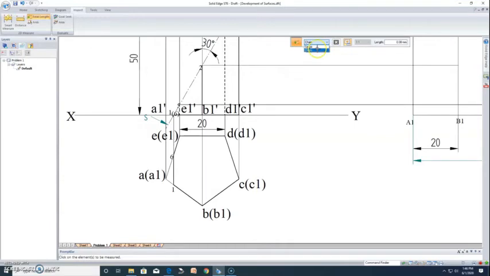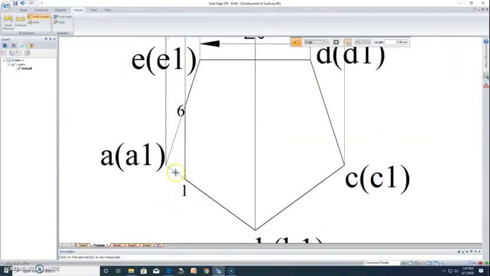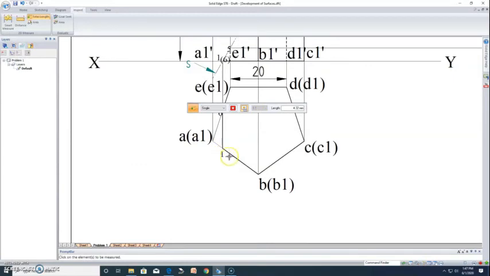You can either toggle between single and chain. Right now I want only single. And between A1 and 1, the length you can see is 4.32 mm. Similarly, the length between A1 and 6 is 11.30 mm. You can see here it is 11.30 and this is 4.32. So this I have to now represent on the developed portion, and you know that 1 is between A1 and B1 and 6 is between A1 and E1.